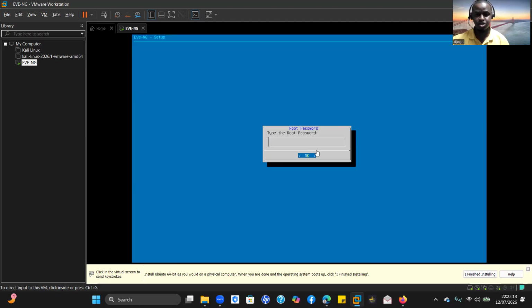Now we are in the installation. From here, they ask us for a root password. If you want, you can type something here as a root password for the root user, but here we have to go with OK. We leave the default, we don't have to do anything here. So I click on OK,